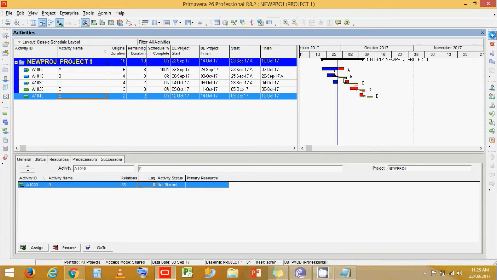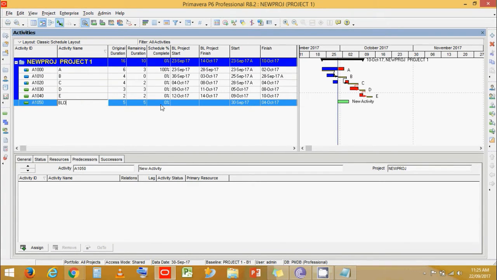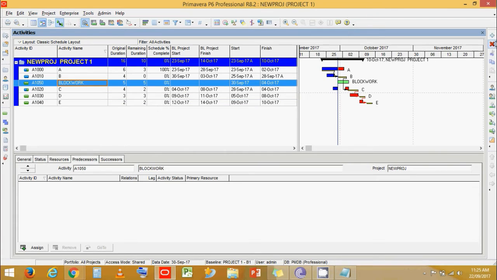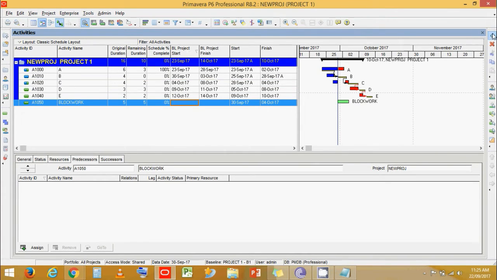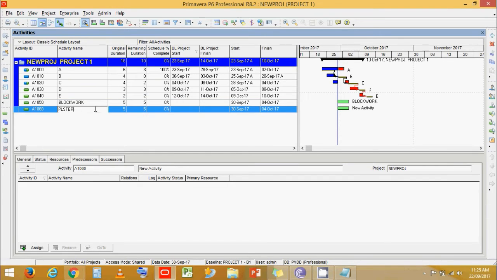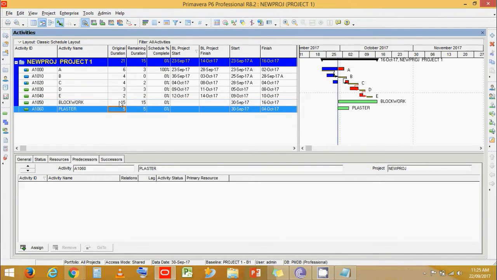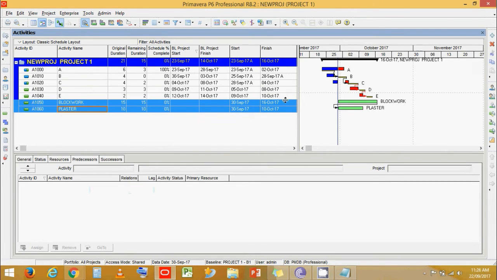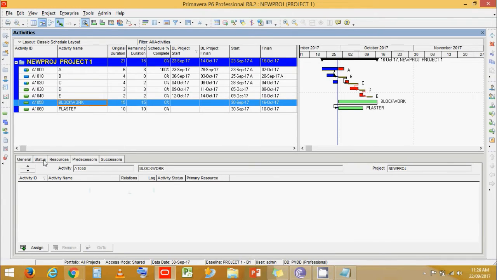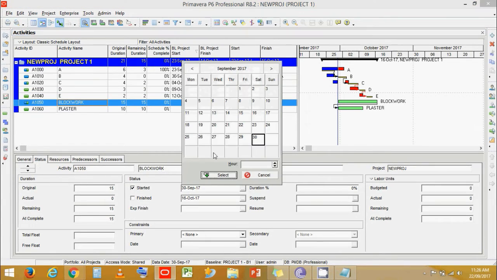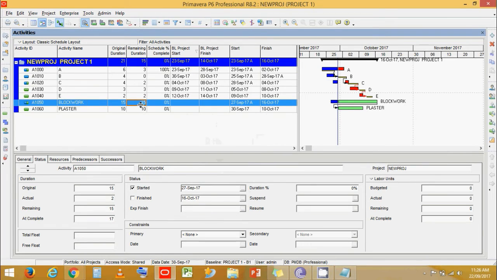Now how can we solve the problem? Say we have two activities, block work and say plaster. Now say we give this like 15 days duration, and this we give like 10 days duration, and if we link them and say that activity block work has already started and it has 10 days remaining duration, and if I schedule it,